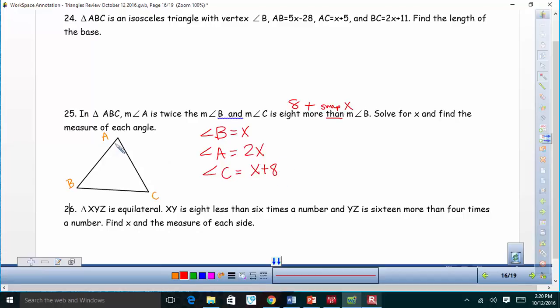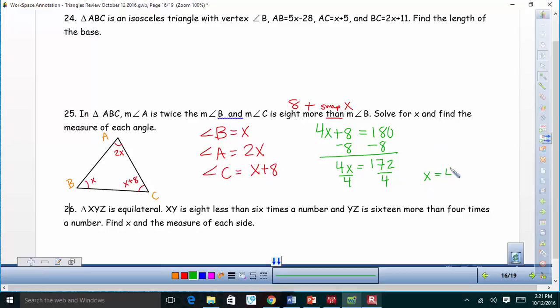Okay? So this is 2x, x, and x plus 8. Now, what do we know about all three angles in a triangle? They add up to 180. So we do x plus 2x plus x. So that's 1, 2, 3, 4x plus 8 equals 180. We would subtract 8 from both sides. That gives us 4x equals 172. Then we divide this by 4, and x equals,